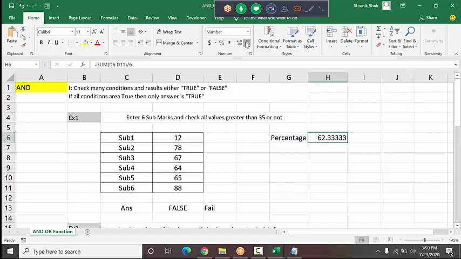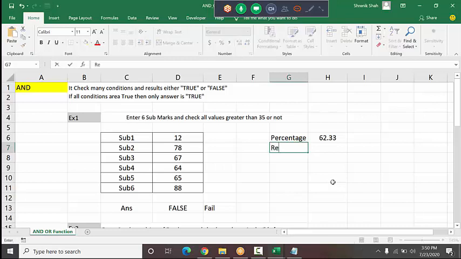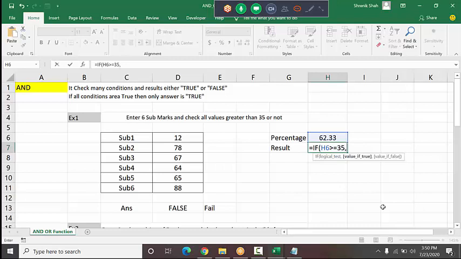Okay, and now I want to print here whether the student is pass or fail. So how do I print the result? I check the condition: equals IF, in the bracket, 62.33 is greater than or equal to 35. I type, congratulations, you are pass.